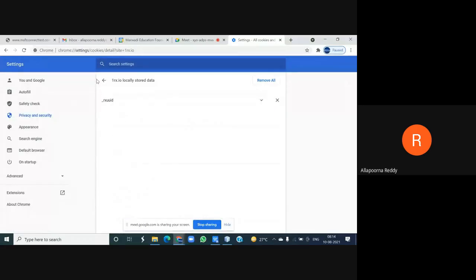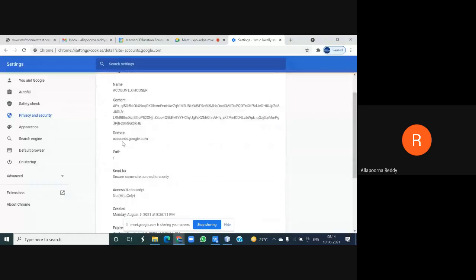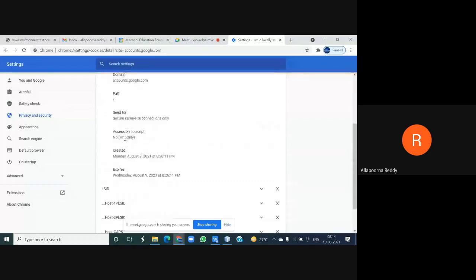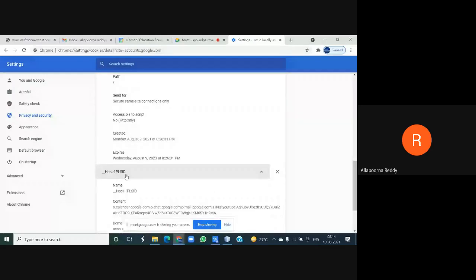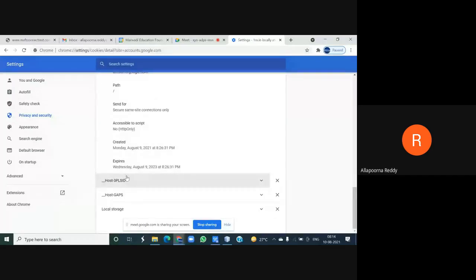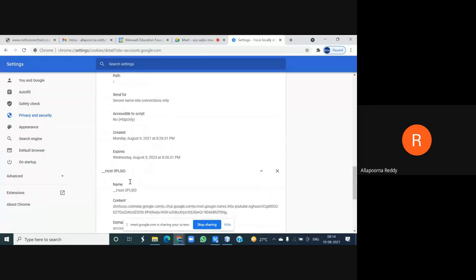And similarly, if I'm trying to use my Gmail account, accounts.google.com, it is also locally stored. Just look here, account username, and it is my content, and it is my domain, and it is HTTP, created and expired. So immediately I logged out. Similarly, you can find everything I have made, right? So it expires at what year? 2023. It is giving that as the expiry date because my account can expire maybe at that time.